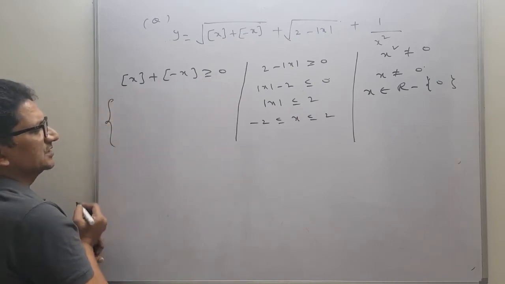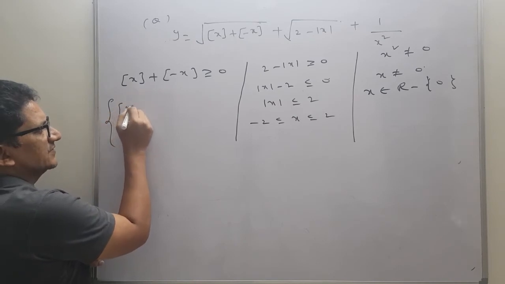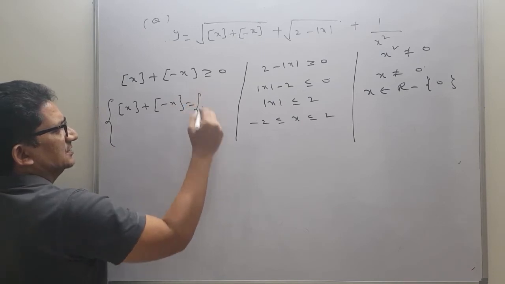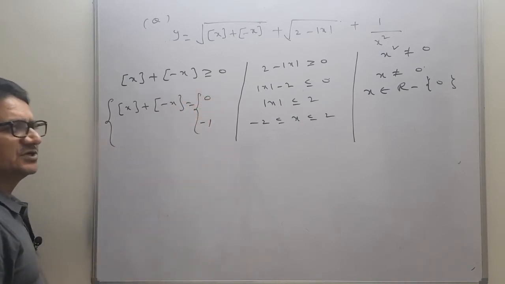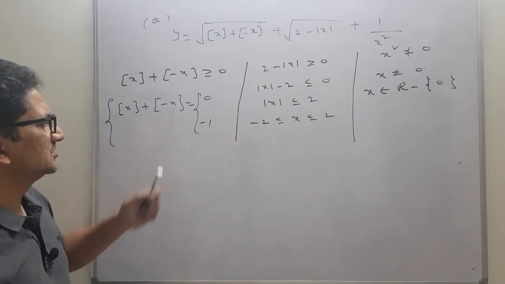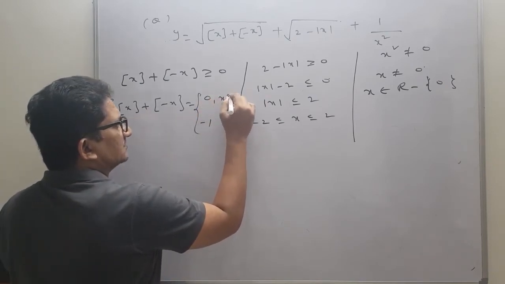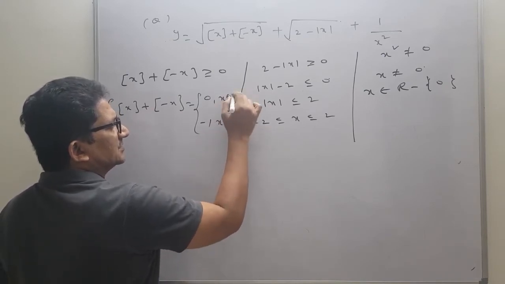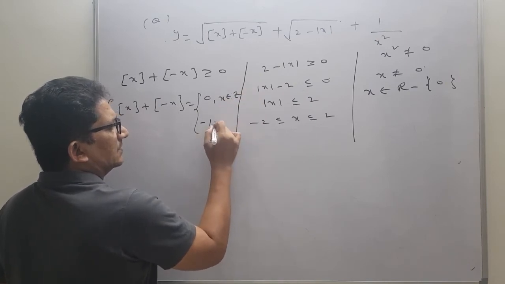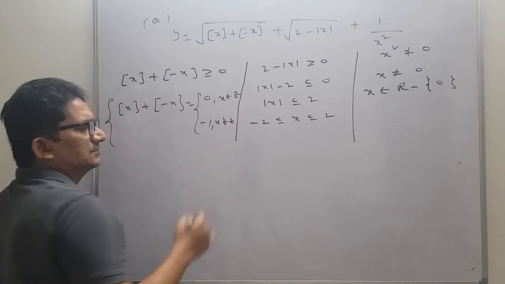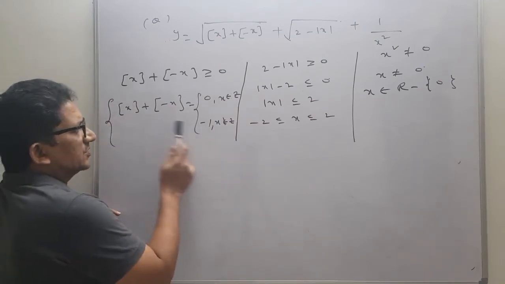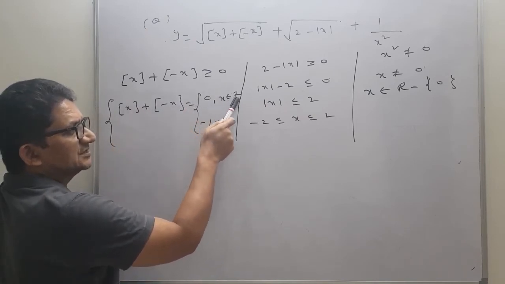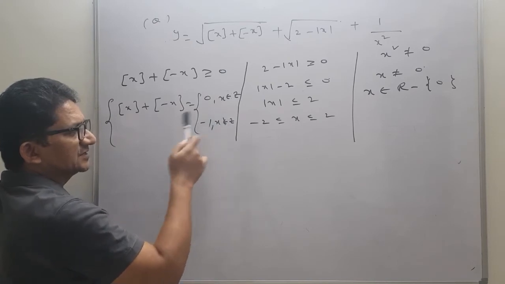So we have some properties related to this thing. Greatest integer function of x plus greatest integer function of negative x may be 0 or minus 1. Two possibilities we know. So 0 is the possibility when x belongs to I, and minus 1 is the possibility when x does not belong to I. So I means integers, so I will write Z if you want. This is the case. So now these are the properties of greatest integer function: [x] plus [-x] will be always 0 if x is an integer, and it is minus 1 if x is not an integer.